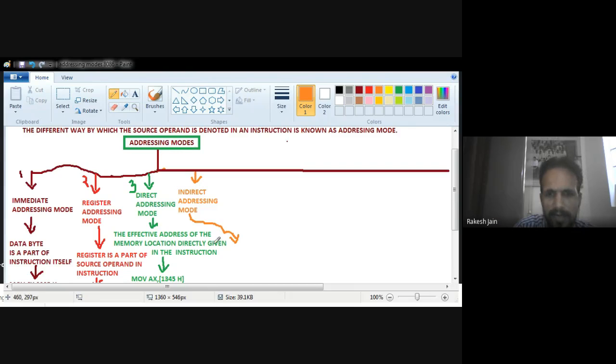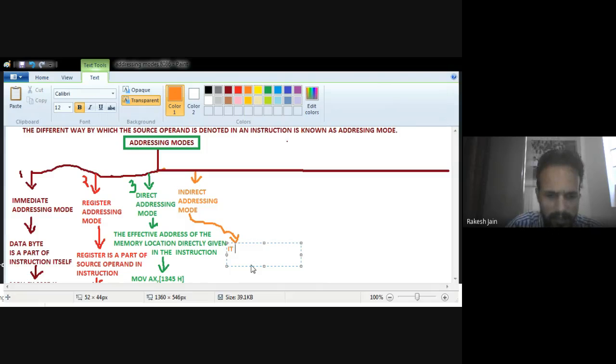It allows the data to be addressed at any memory location through an offset address held by the register pair.